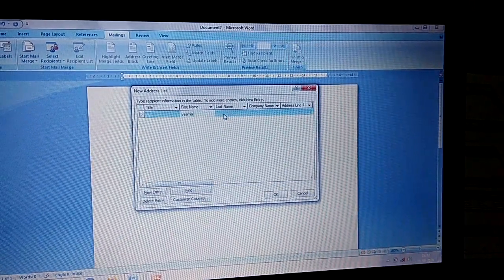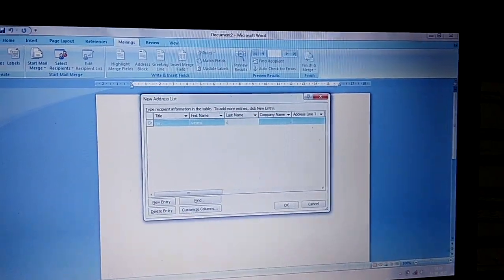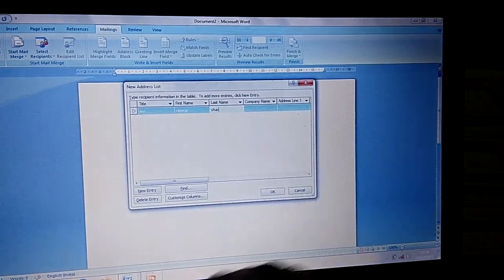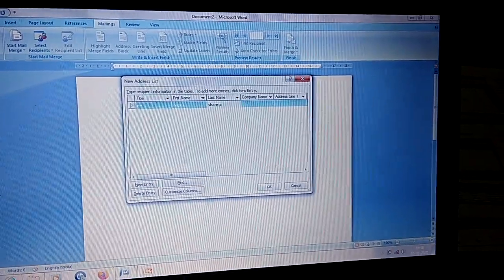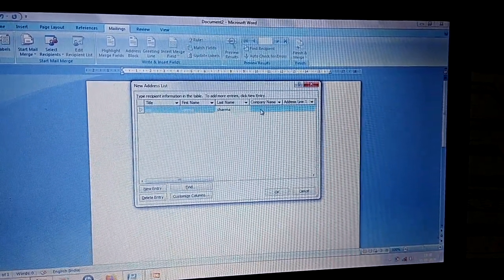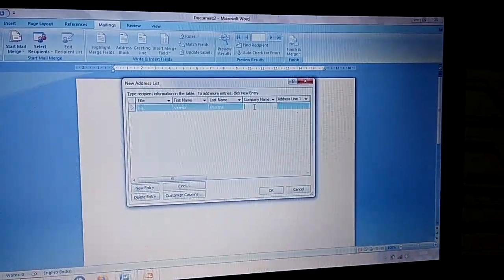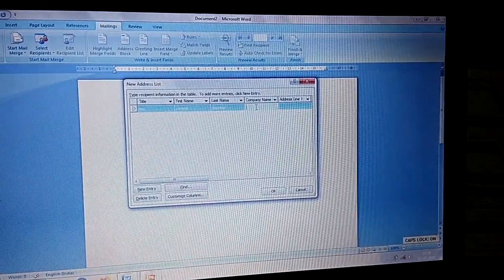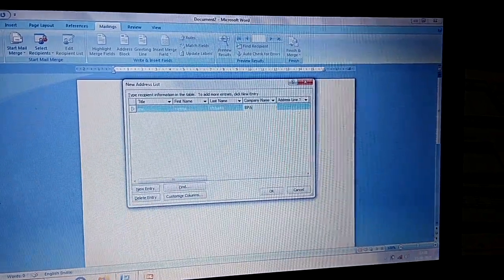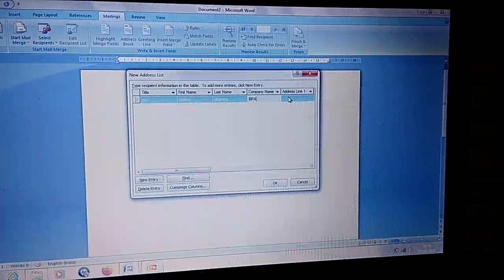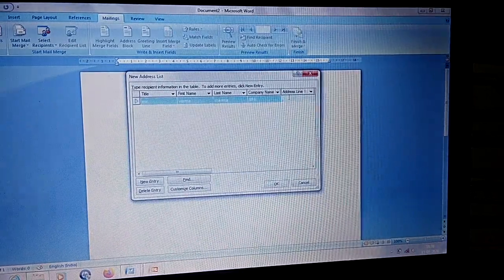The last name, Sharma. Then company name, you can type any company name, like BPA. Then address line, suppose I write down there Pathankot.